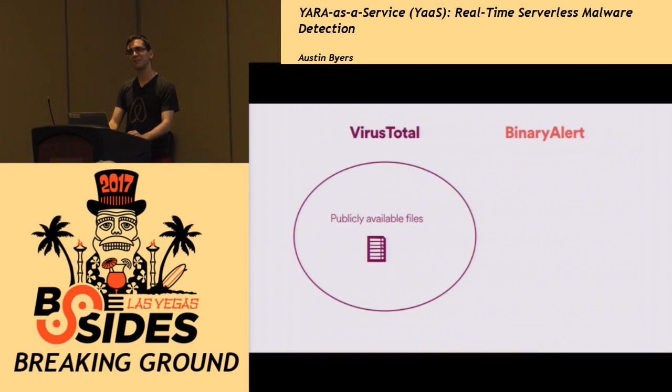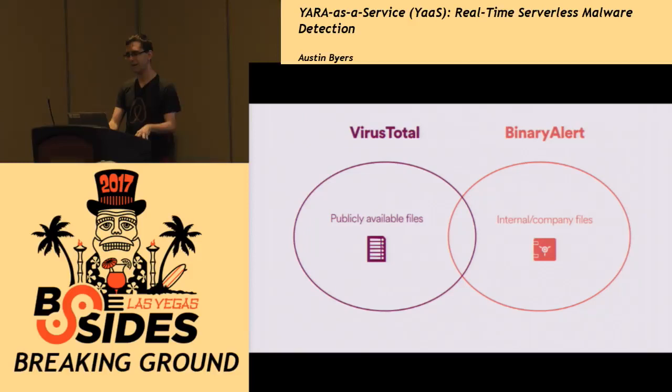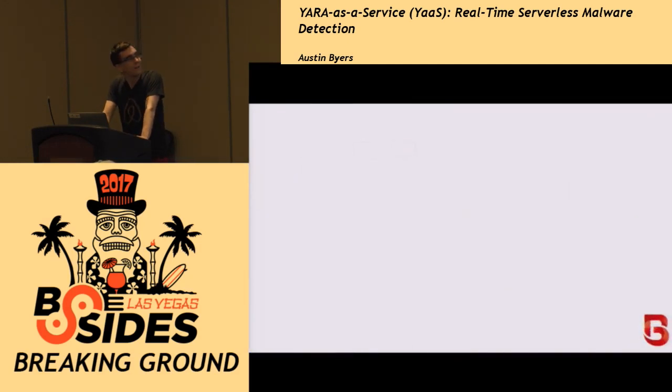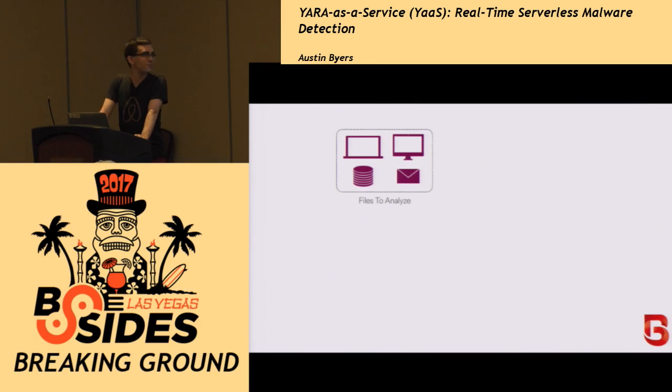Binary alert is not a replacement for VirusTotal so much as an augmentation, because in an enterprise, you might have files of varying levels of confidentiality and sensitivity that you can't upload to a public service. But you imagine there's some space in the middle where you can still contribute to VirusTotal. There are some things perhaps you could upload to ask to query VirusTotal for. So you could use it in tandem. Binary alert is deployable again in your own AWS account, whereas VirusTotal's a managed service. So let's talk about kind of how it works. So you have files. We all have files.